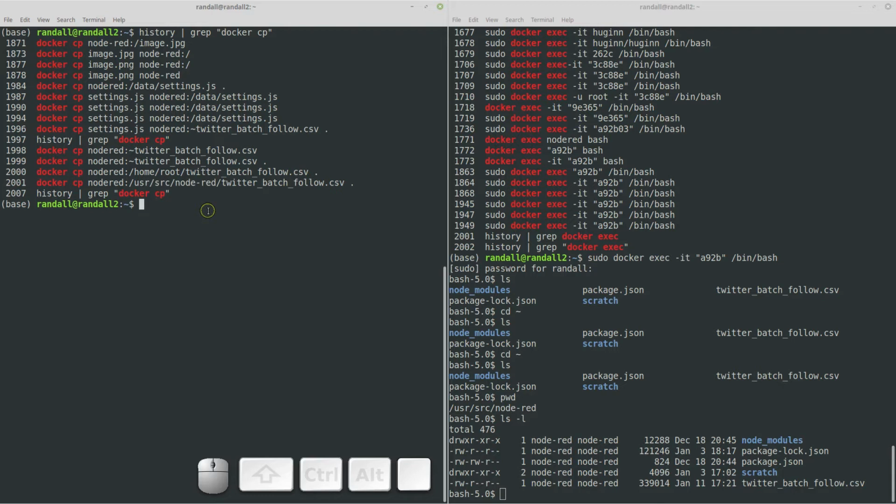So to copy out, we just do docker cp, and then we want the container we're going to copy out of, Node-RED, and it doesn't have to be running, so it can be a non-running container or running. And then you can't do tab completion because the host bash can't see what's inside the container. So I'm going to do /usr/src/node-red, so I've got to be explicit, and twitter